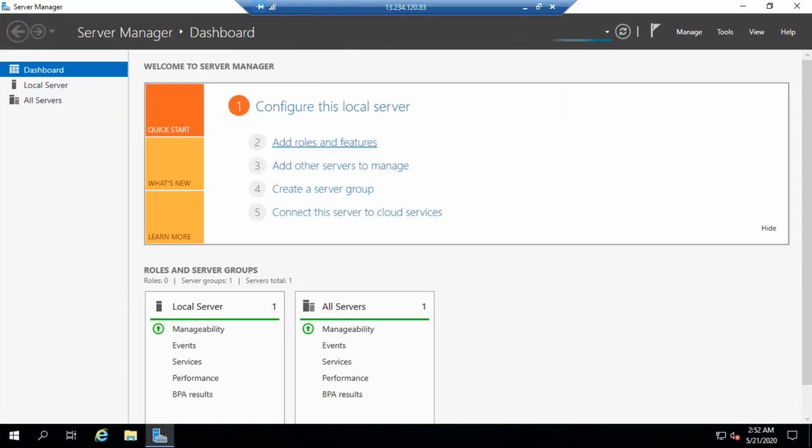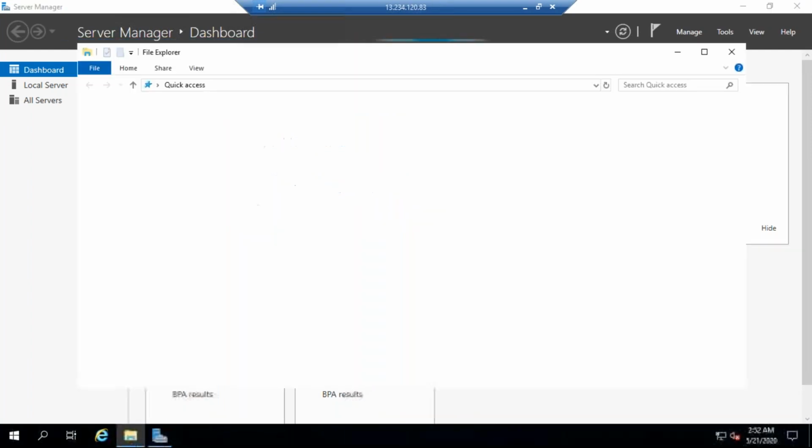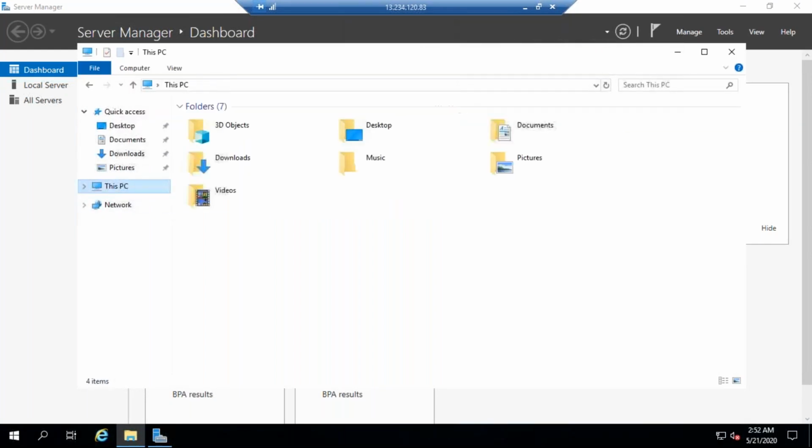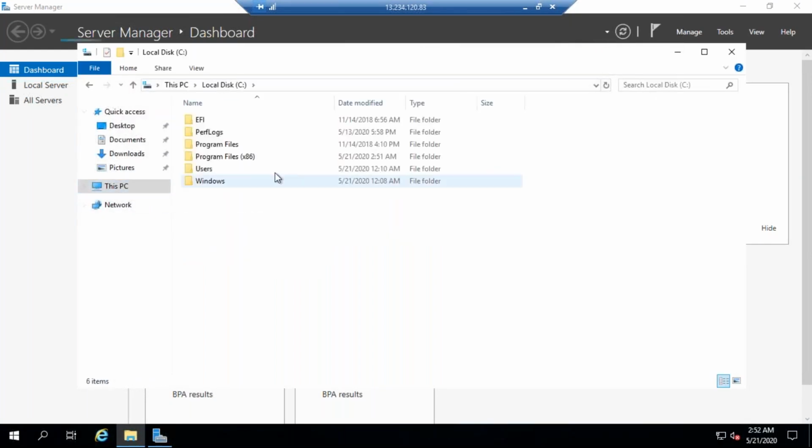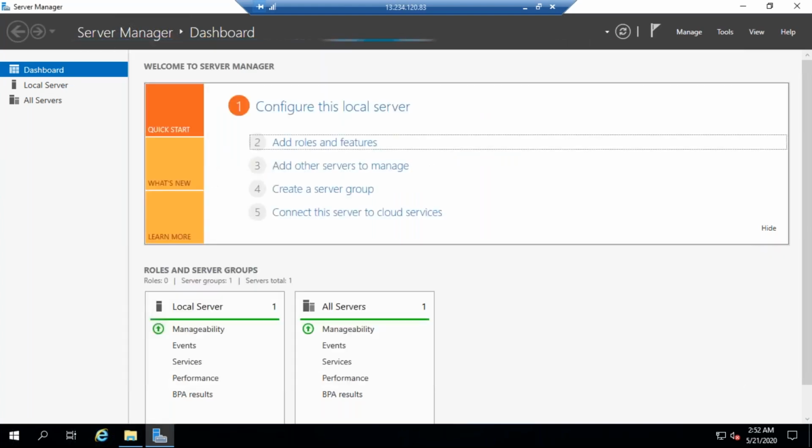It is collecting some data, so we need to wait. Before that, let me show you. If you go here, right click on this PC, go inside this C folder. See, you don't have the inetpub folder. Once you install the IIS server, only then you will be able to see this particular inetpub folder. Inside that, you are going to host your application.